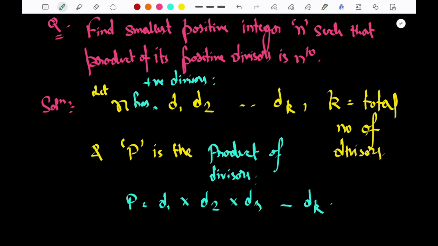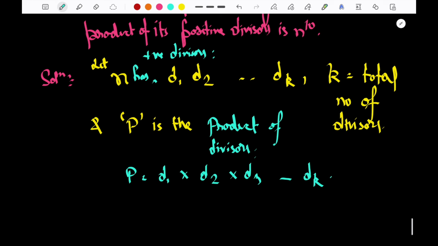मतलब एक सबसे छोटा इंटीजर पॉजिटिव n, ताकि जो उसके पॉजिटिव डिवाइसेस हों वो n टू द पावर 10 आ जाए. अच्छा, मतलब d1 d2 d3 अगर हम मल्टीप्लाई करें p जो हो जाए वो n टू द पावर 10 के बराबर हो जाए. तो बेसिकली हम कर क्या सकते हैं कि यहाँ पे एक बात तो हमको ये पता है कि if d